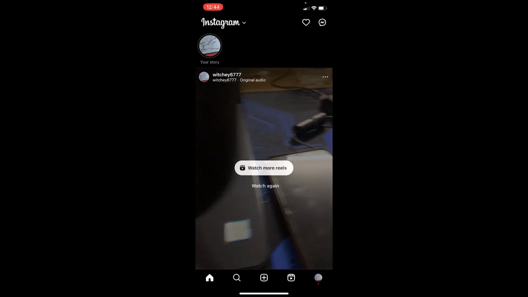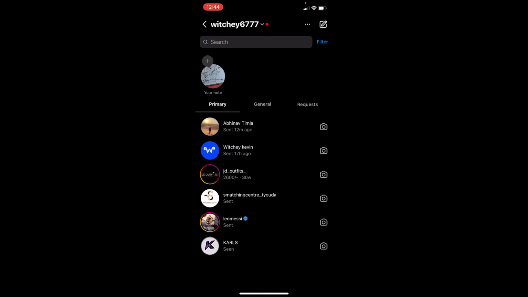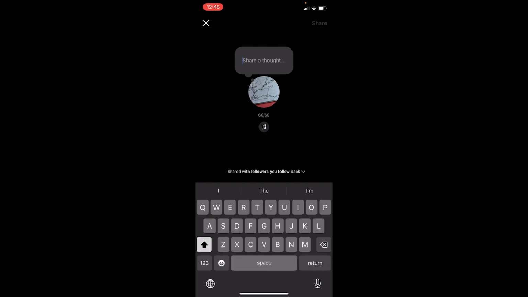After you open Instagram, at the top right, you can see the message icon. Click on it. Now instead of the message icon, it might show you a little pointy arrow icon, but it doesn't matter, it takes you to the same place. Once you click on it, at the top you can see your note option. You want to click on the plus right beside your note option, and over here at the top it says